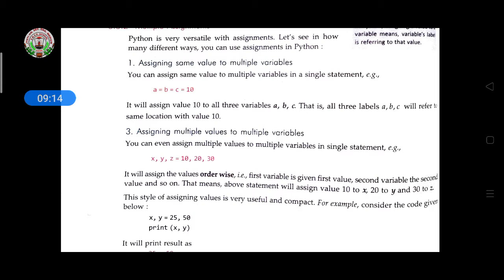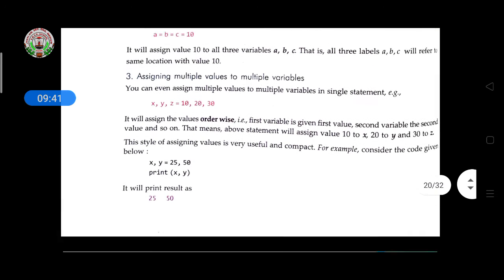Next, assigning multiple values to multiple variables. We can assign multiple values to multiple variables in a statement like this: x comma y comma z equal to 10 comma 20 comma 30. It will assign the values order wise. So the value of x is 10 here, y is 20, and the z value is 30.